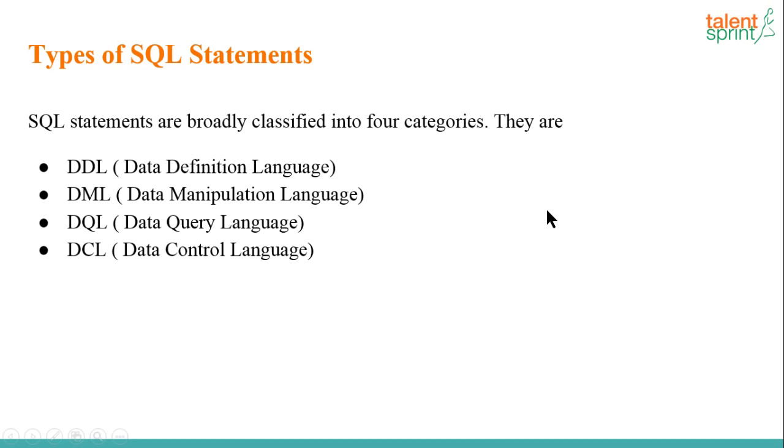Okay, next up is data control language. Now control means you have a database, and you don't want everyone to get all the access to it. Some people might corrupt your database, so you have to password protect it and give access to a few people. Let's say the people you gave access to are no longer working on the same project, so you might want to revoke their access. All these things come under data control language. You are controlling who can access your data, who cannot, and in what capacity someone can access your data.